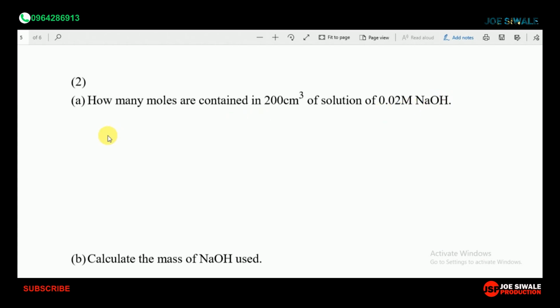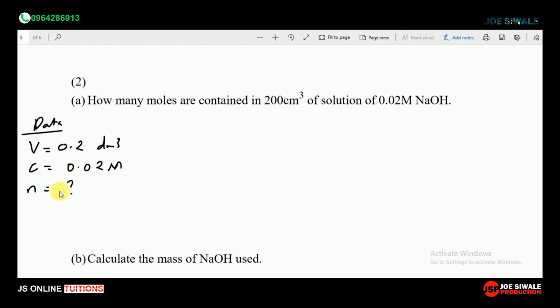The first thing we're supposed to do is to find our data. That's the first thing we're going to do. So we're going to say data there. Volume is equal to, we have been given 200 cubic centimeters, and converting it into decimeters, we're going to have 0.2 cubic decimeters. Then concentration has been given as 0.02 molar. Then the number of moles